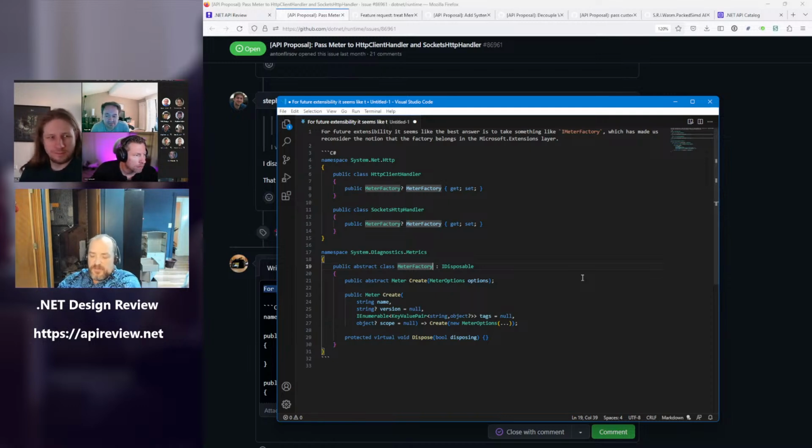I mean, really this all goes back to when we were talking about the thing that became IMeterFactory. A lot of behaviors were described, and interfaces don't have behaviors. Interfaces have signatures. And if we think the behaviors are important, that reinforces it should be a class. We should make the class do them, which is super easy.